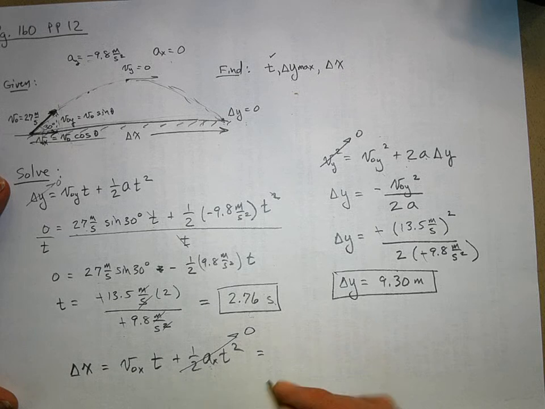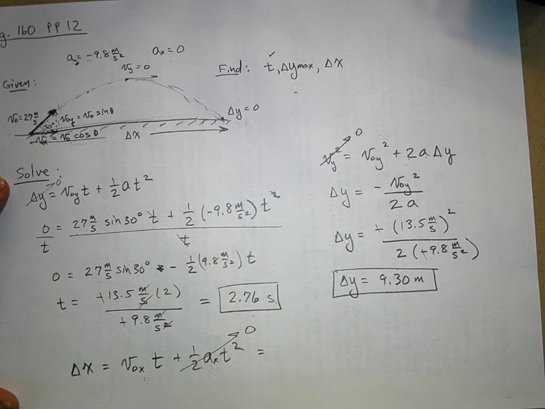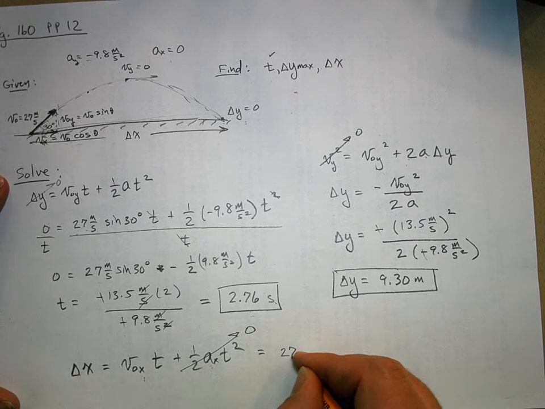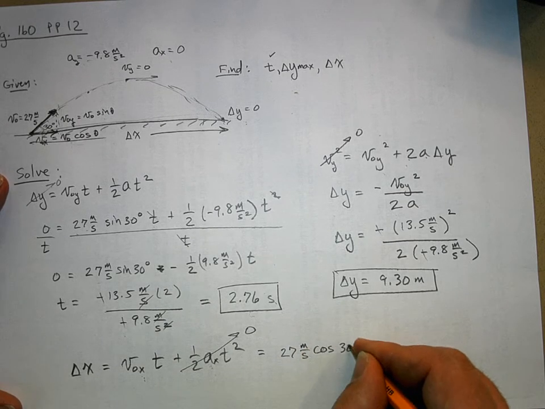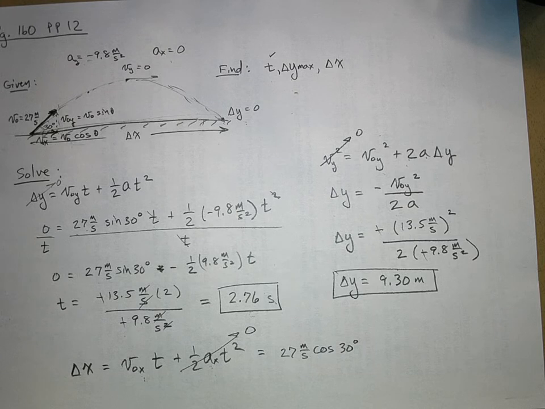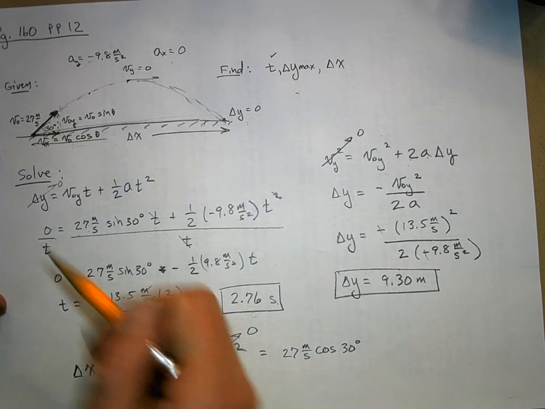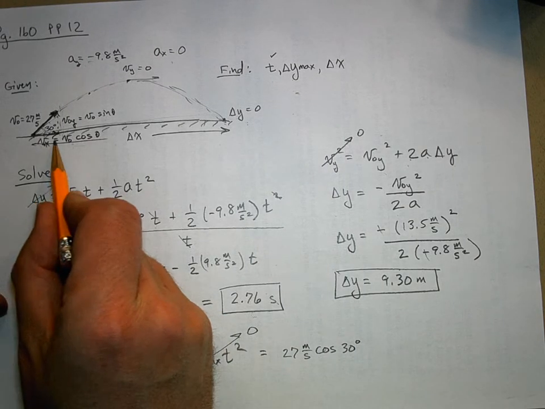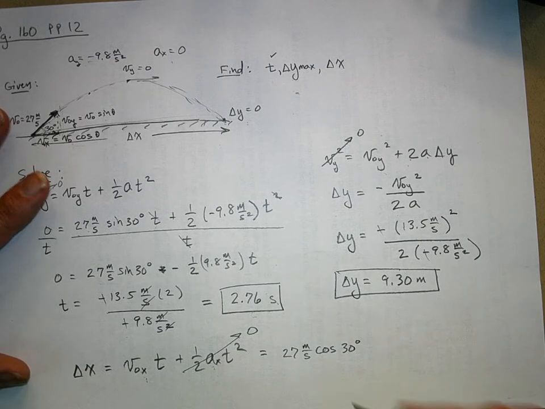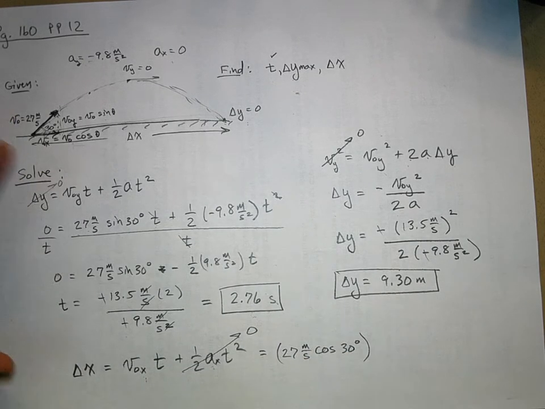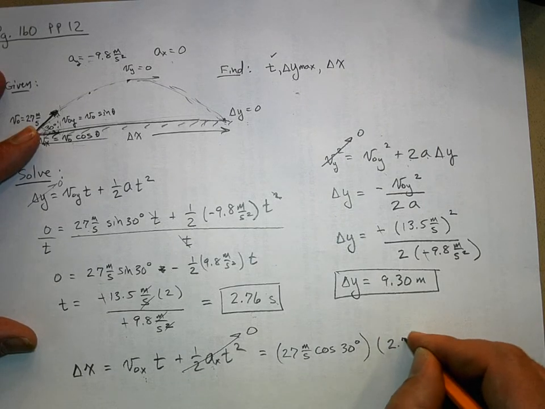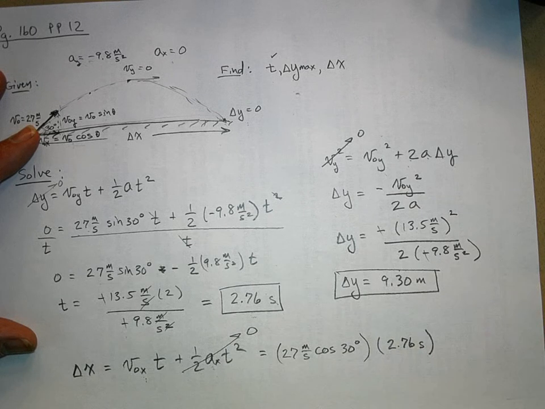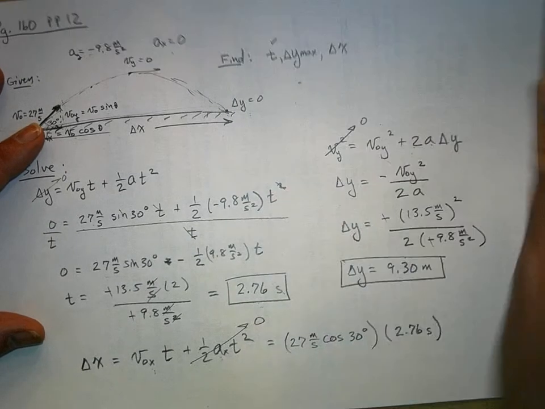So I know what the initial velocity in the x direction was. It was 27 meters per second times the cosine of 30 degrees. You can't use 27. You have to use the horizontal component here, times time. Now you have to use the time you calculated from the first thing we did. There's no other way to do it. And when we do all that,